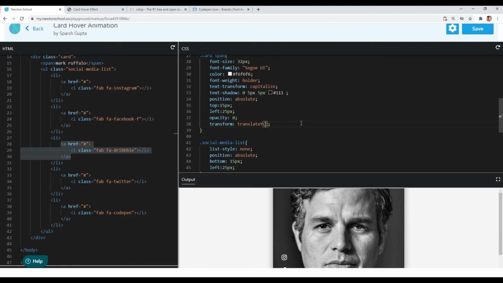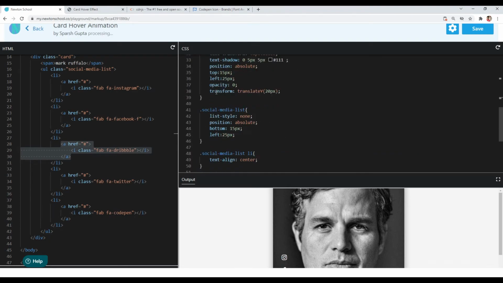So I want to move it down by 20 pixel initially, and when we hover our card, I want to target our span and I will reset the translateY value to 0, and also I will make the opacity 1 of our span element when we hover our card. So now let's see what we got.